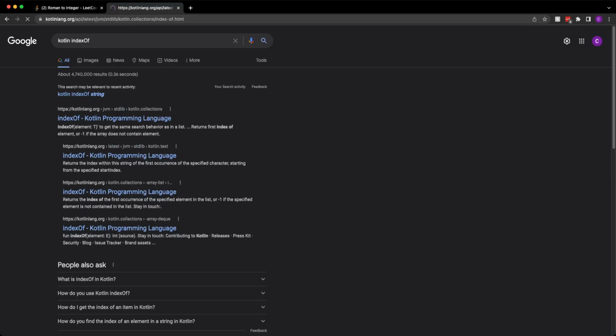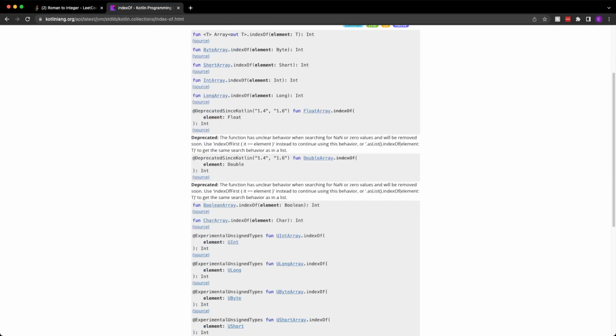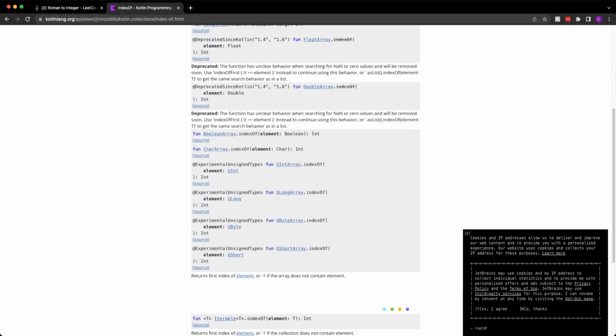Let me look at this, make sure I'm using that index of correctly. Char array dot index of char. So that should be fine.